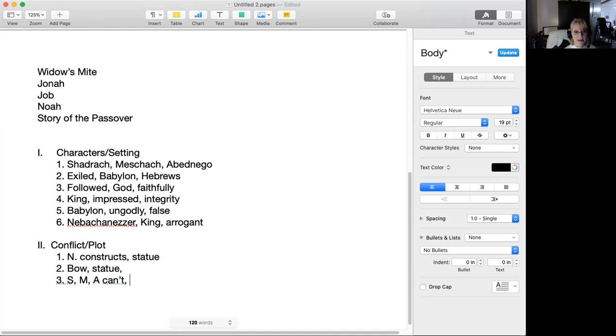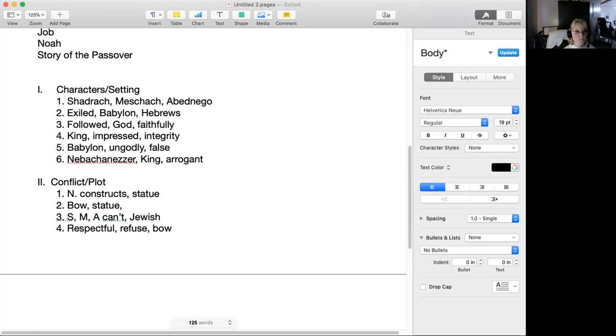They can't, because why? They are Jewish. And the law says, you shall have no gods before me. So they can't worship him. And so they are respectful, but they refuse to bow down. That's a problem, isn't it? They refuse to bow down. So what happens is